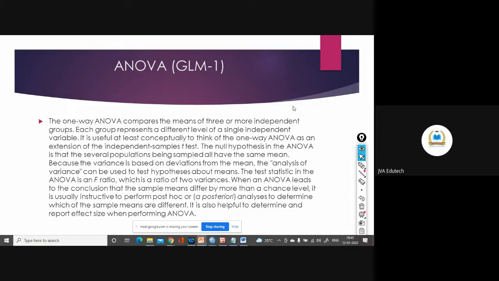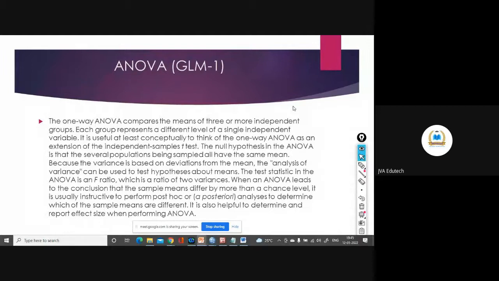Or you will write the alternate as mu1 is not equal to mu2 is not equal to mu3 is not equal to mu4, meaning the group means are not equal, there exists a significant difference between the group means.